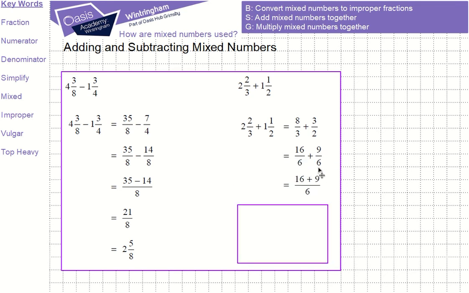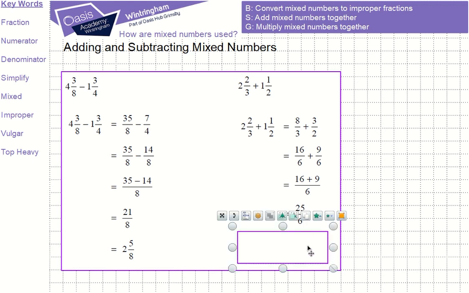The denominator is the same, so we can write all of this as 1 fraction over 6, and 16 plus, this time, 9. So 16 plus 9 is our numerator, and we just need to work out what that is. So 16 plus 9 is 25, 25 over 6, and the last step,